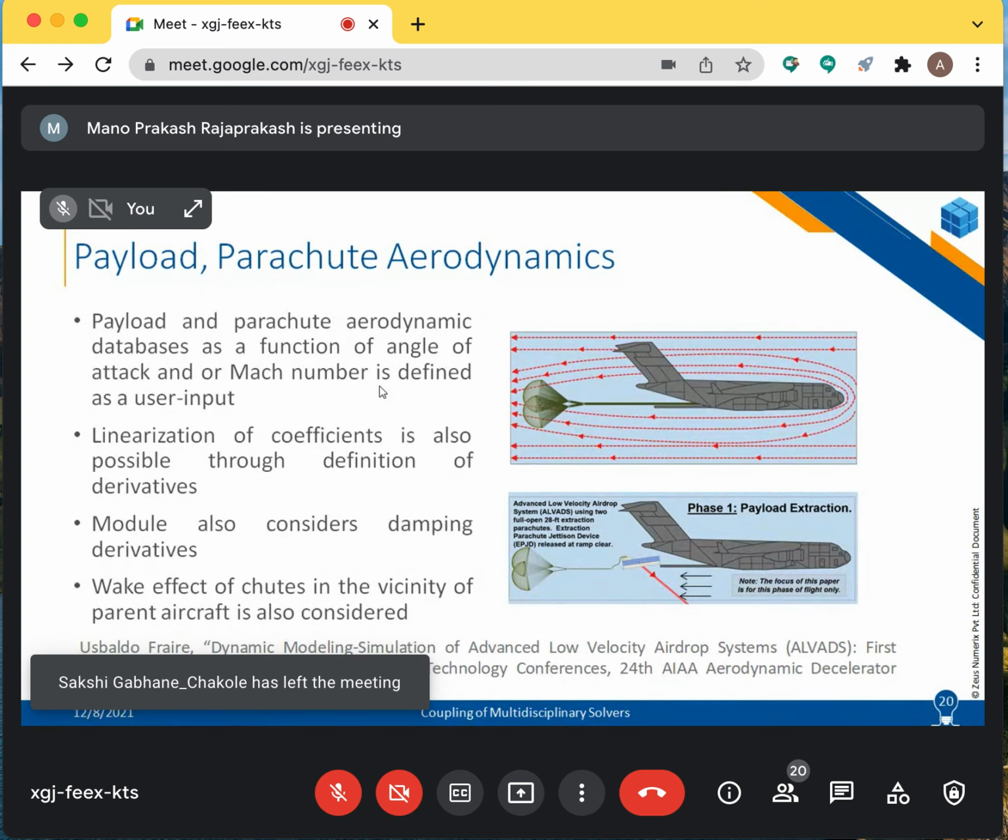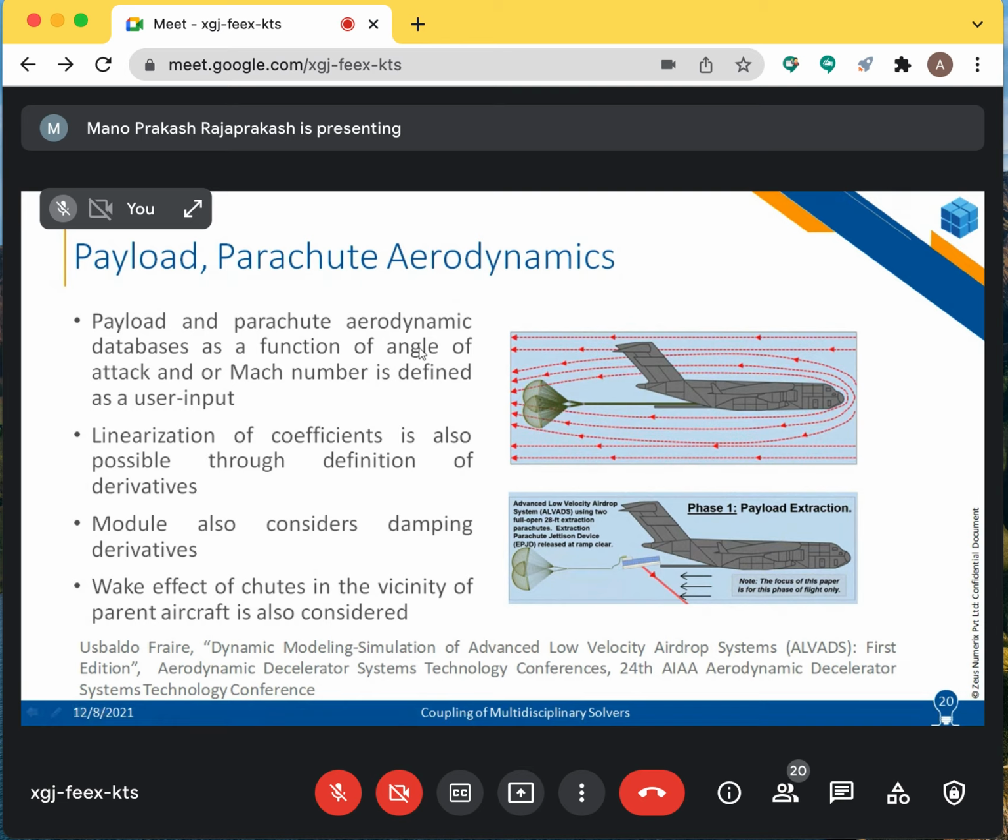Also, it should be able to do a two-dimensional interpolation. As you may be aware, the aerodynamics is going to be affected by the angle of attack. Angle of attack is the angle between an object's longitudinal axis and the velocity vector direction. Based on that orientation, I'm going to have coefficients defined as a function of Mach number, or angle of attack. I can also have a sideslip angle when I'm experiencing wind or gust.